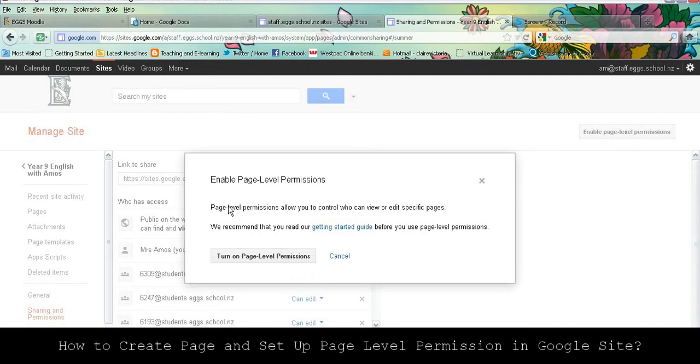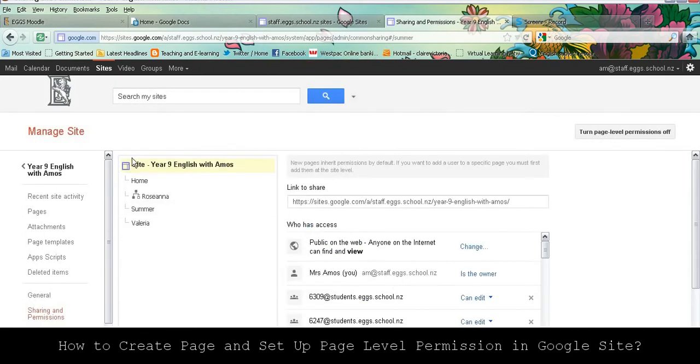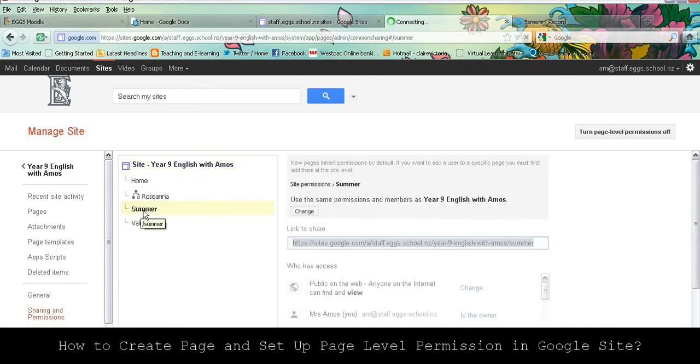It's going to check if I want that set up. There is a getting started guide there that you can access for more information. Click on page level settings, and you'll see now I have a site map. So I need to make sure I'm on the right page. I want to set it up for Summer. So I click on that page, and it asks me here, do I want the same permissions and members as all of my Year 9 English website? I don't, so I'm going to click on change,